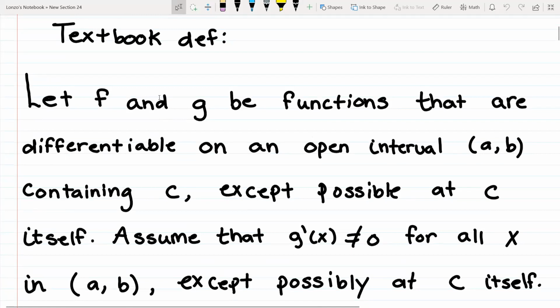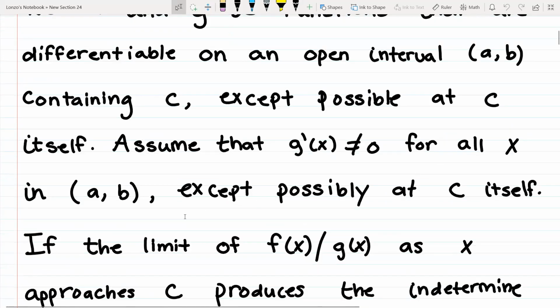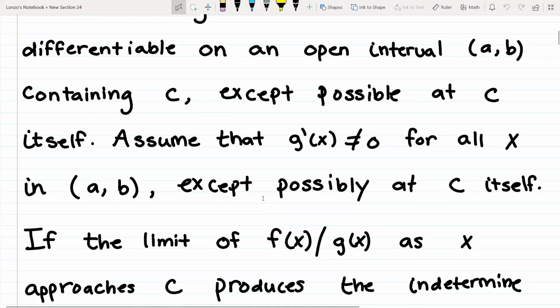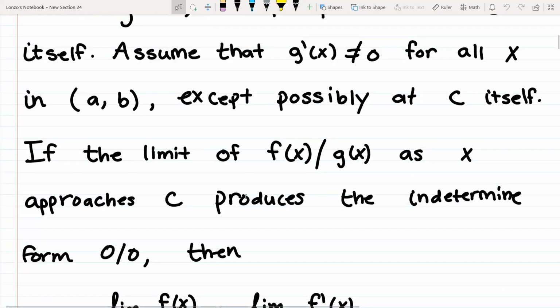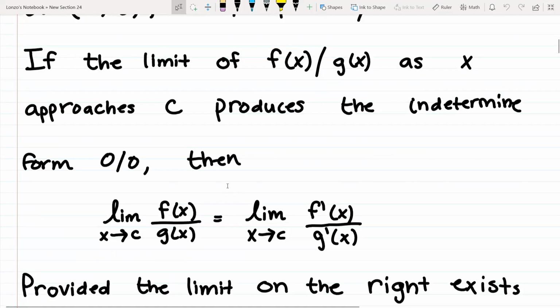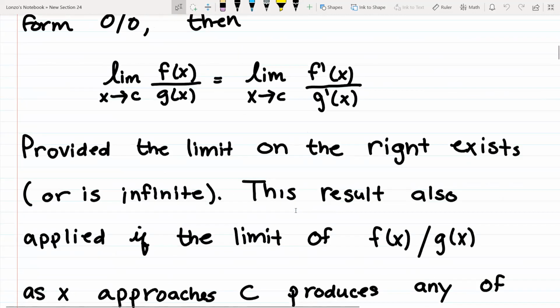Let f and g be functions that are differentiable on the open interval from a to b, containing c, except possibly at c itself. Assume that g prime of x does not equal 0 for all x in a to b, except possibly at c itself. So if the limit of f of x over g of x as x approaches c produces the indeterminate form of 0 over 0, then the limit as x approaches c of f of x over g of x equals the limit as x approaches c of f prime of x over g prime of x, provided that the limit on the right exists